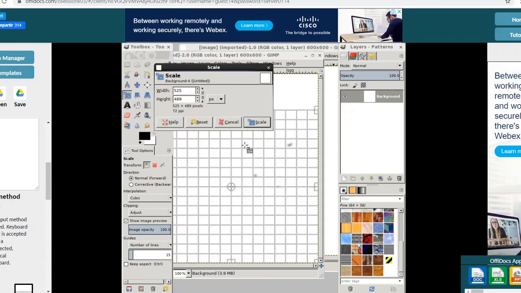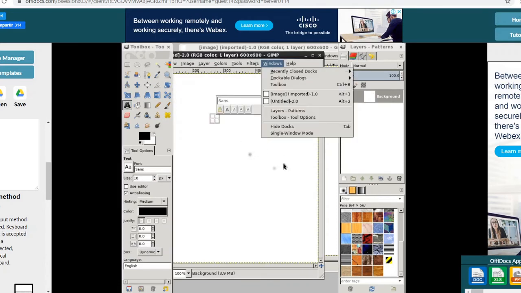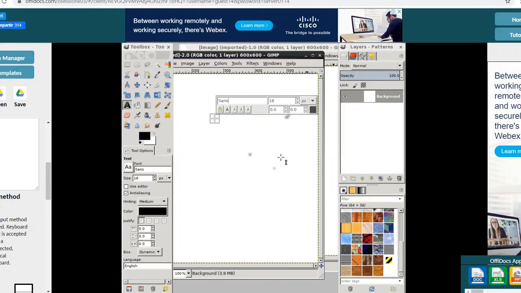You must have seen the text tool in Paint also, in Photoshop also. Here you can type your text by entering font style and font size. Font size you can change from here, and font style you can change the same way here. In this way you can make all these settings as I am showing you here.